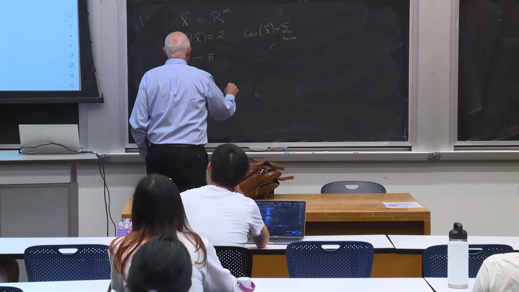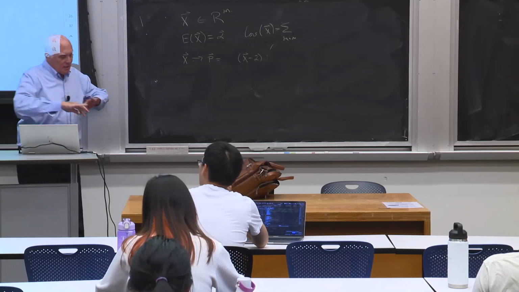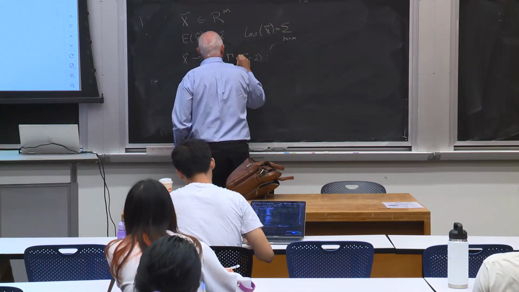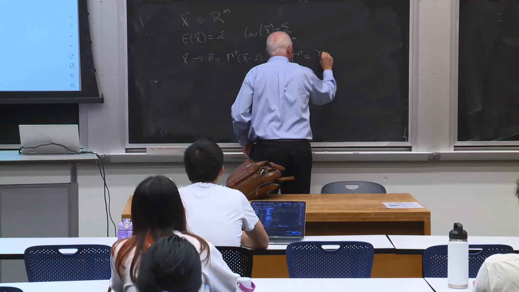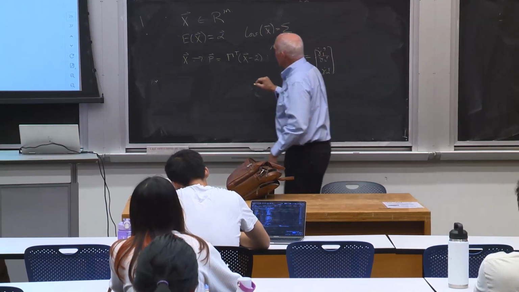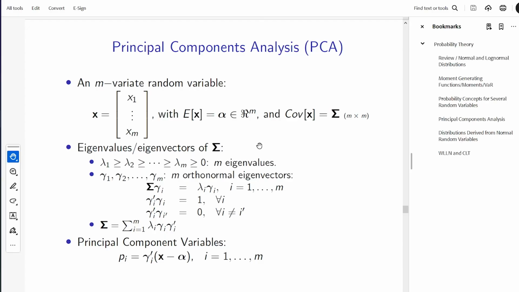The definition of these is we subtract from x the mean vector, and then we rotate the coordinate axes of this m vector by this gamma transpose matrix. And so this gamma transpose can equal gamma 1 transpose, gamma 2 transpose down to gamma m transpose. And so the first component, P1 down to Pm, corresponds to using this gamma vector, which happens to be an eigenvector of the covariance matrix,